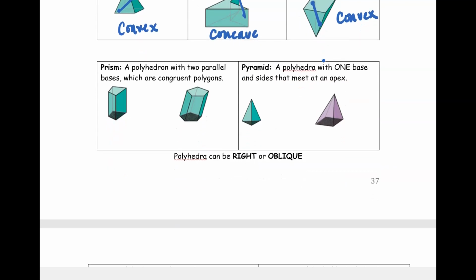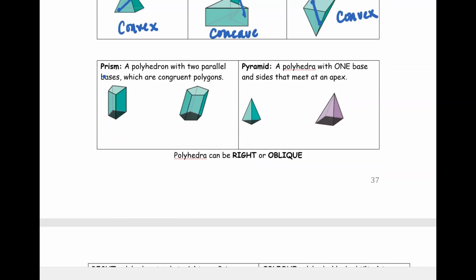So the other part, and this moved down a little bit, but polyhedra can be right or oblique. Hopefully on your notes it should be at the top here. So those are 2 other ways that we can describe a polyhedra. So right just means that it's standing straight up. So like this,